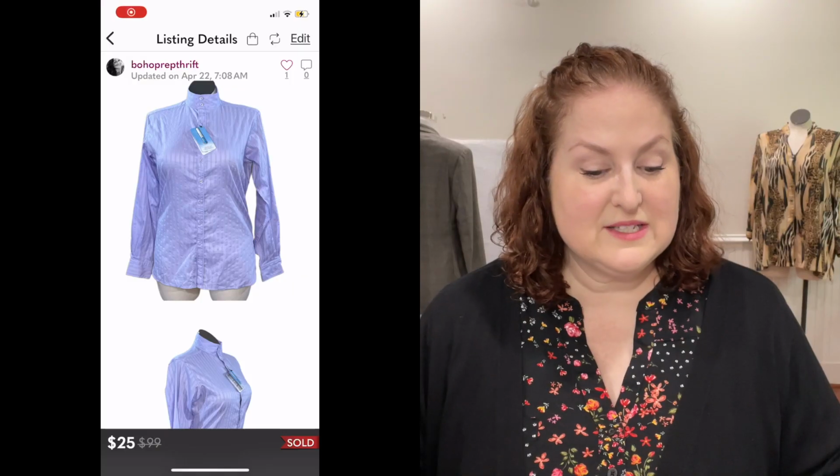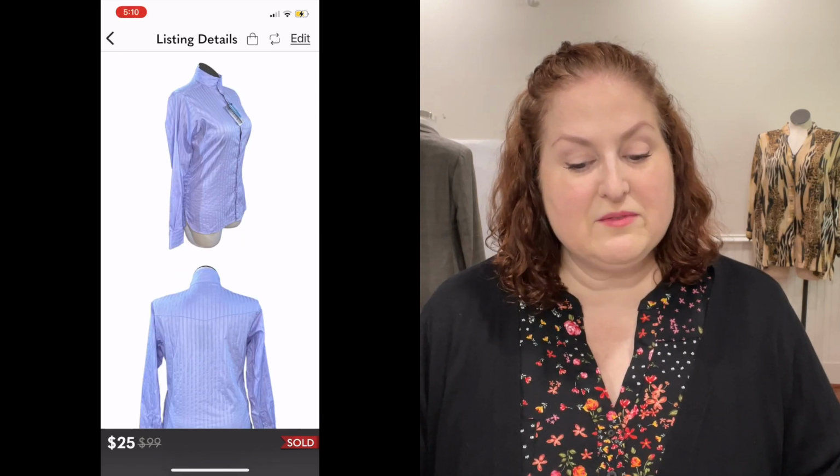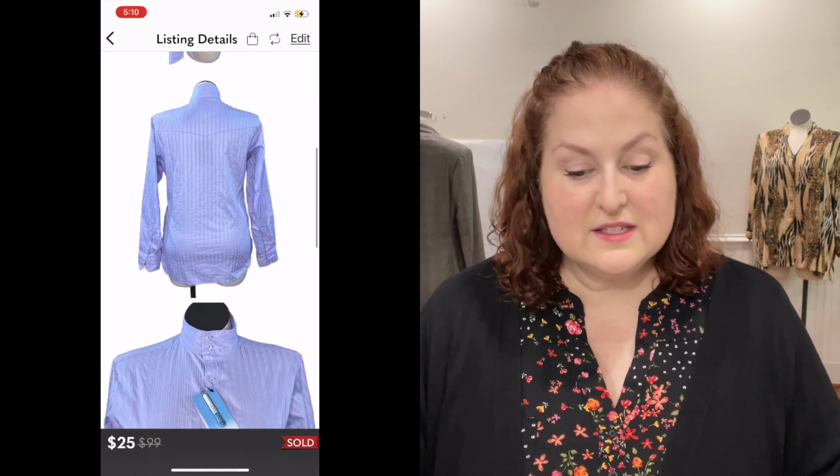Ariat Pro Series, size 40 button-up Cool Max Lavender Dobby Stripe Victory shirt. This sold...